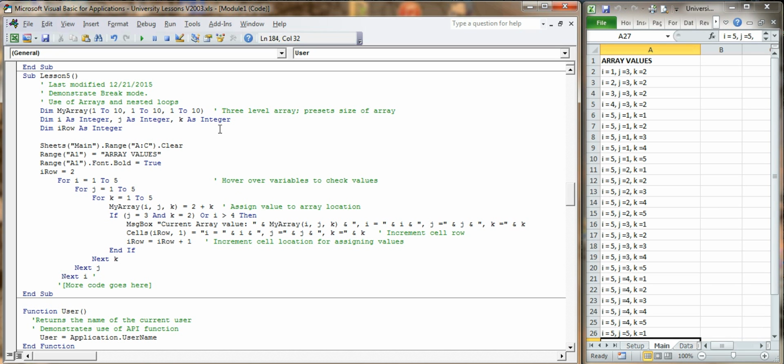You can check your values up to the breakpoint of what actually has been executed. You can hover over the values like we've talked about in the past and see what those values are. Or you can stop your code at any point and see what was actually executed and transpired on your spreadsheet. All right, going back to the code itself,